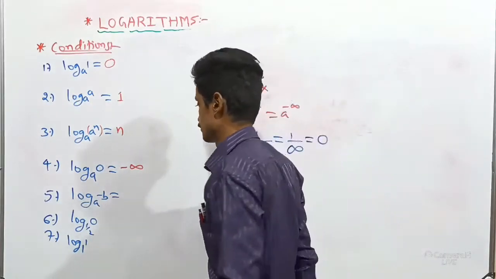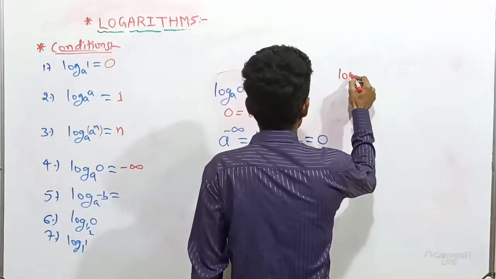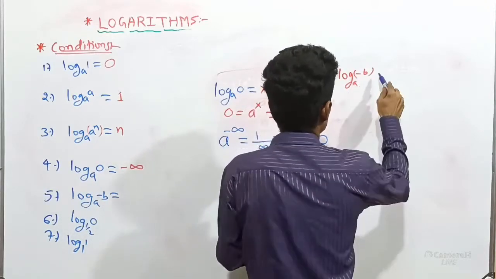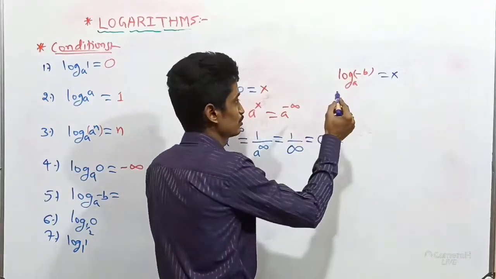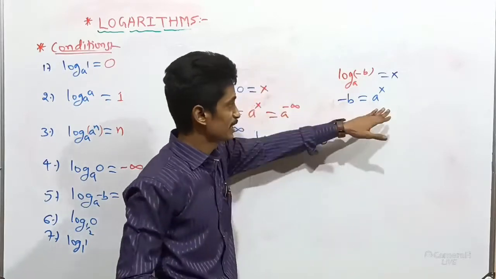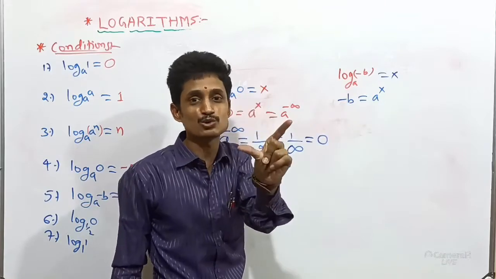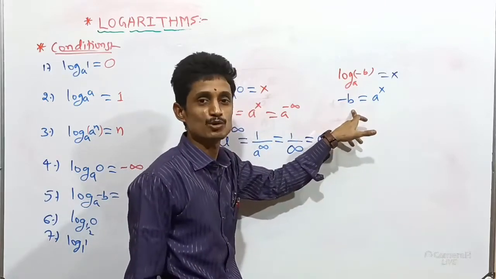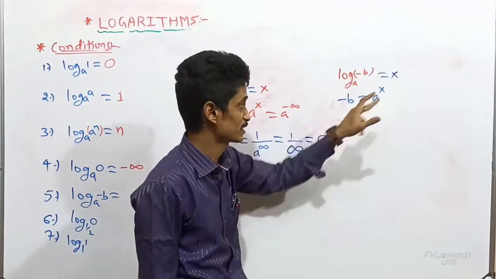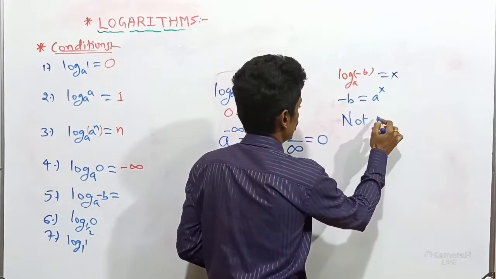Similarly, answer for me the fifth question according to the fourth. That is log of minus b to the base a equal to, I don't know my result, x. Once you rewrite in index form, minus b equal to a power x. Now I already discussed with you, index form numbers will always give us a positive quantity, and will never give a negative quantity for any value of x. So that's why this is totally not defined. Not defined.